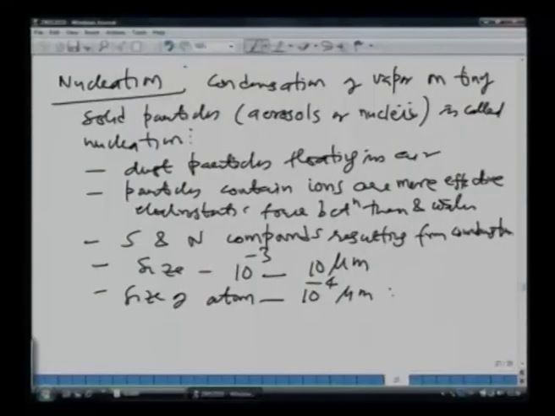I think I would like to stop at this point of time, wherein we have looked at the solved example, some examples of the calculation of various properties of water vapor. Then we have looked at how the rainfall is formed. There are two basic mechanisms, one is the lifting of the air mass and the other is the nucleation, and then we have looked at a few properties or some concepts about the nucleation. In the next class, we would actually look at how the rainfall is formed in a cloud, and then we will go on to the different forms of precipitation.